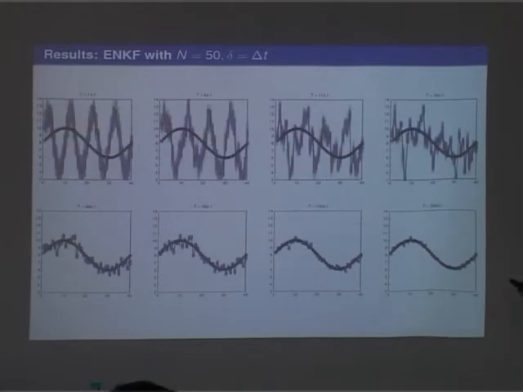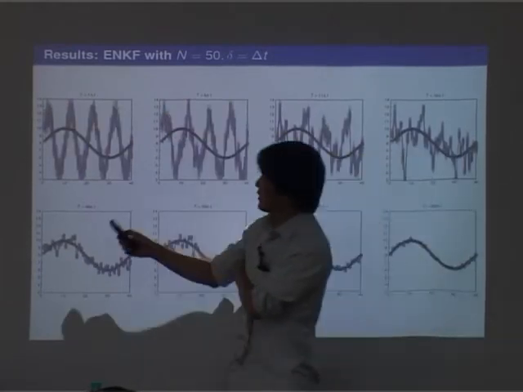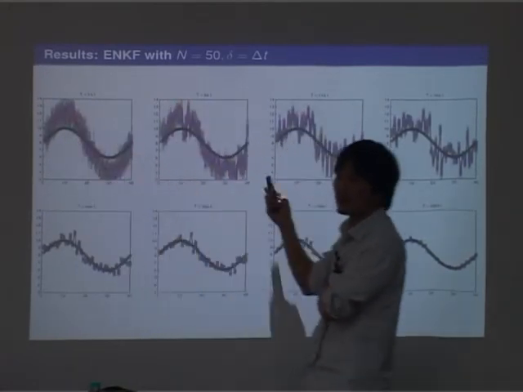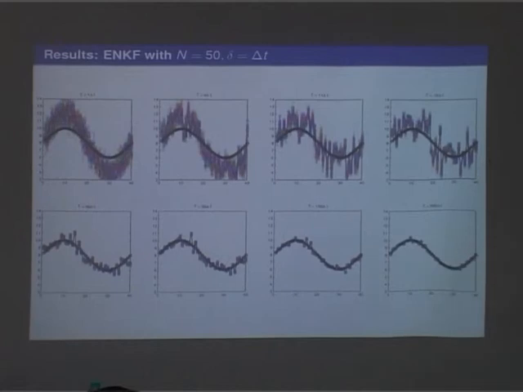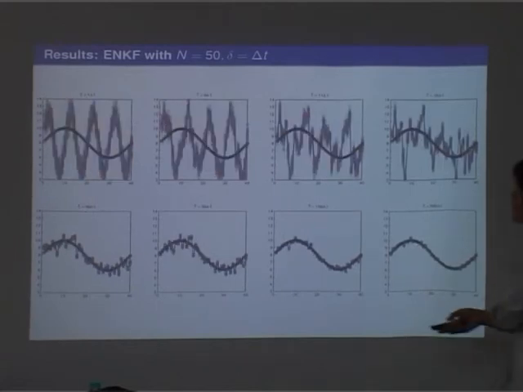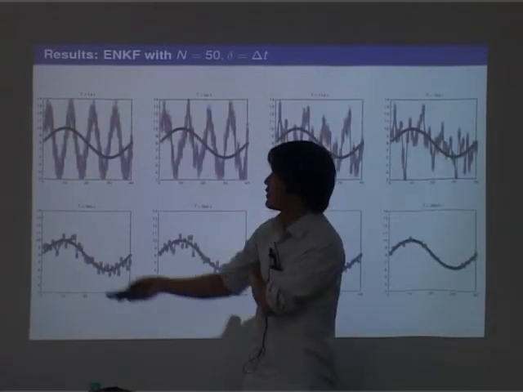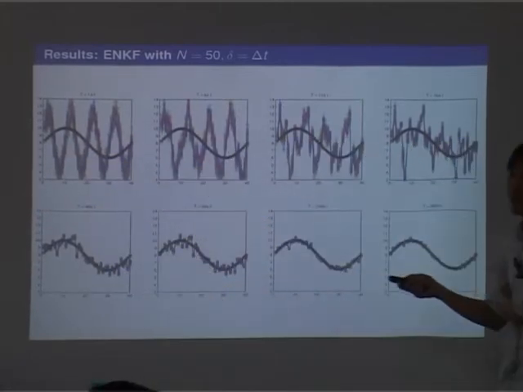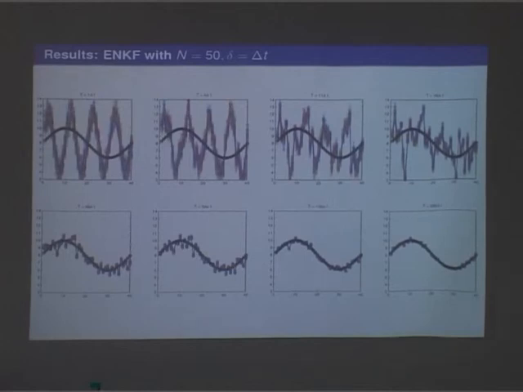If I sample the parameters such that the frequency is right but the magnitude is wrong in the initial guess, it still works. And if my initial ensemble for the parameters looks like this, where both magnitude and frequency are wrong, the EnKF still works, so the parameters converge to the true parameters.